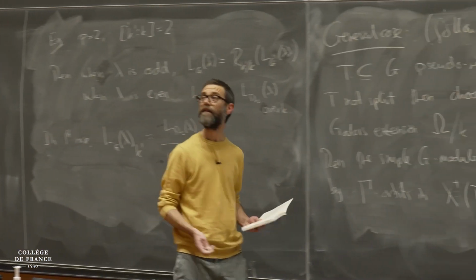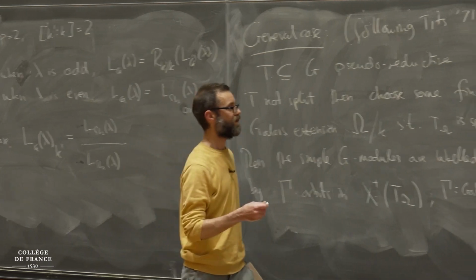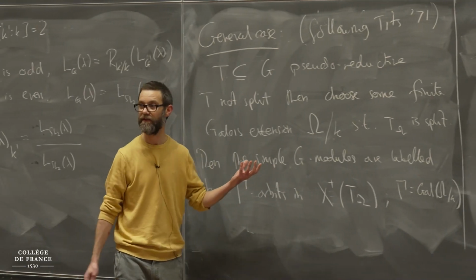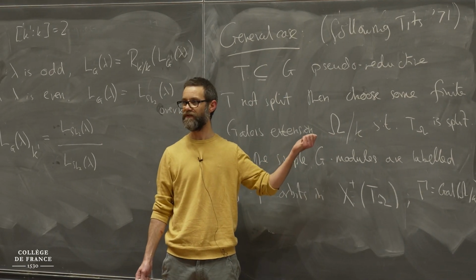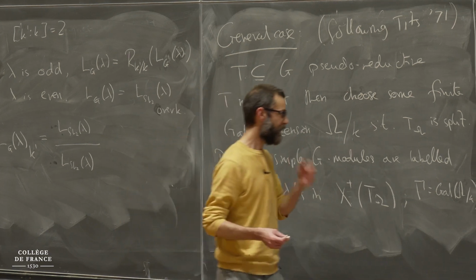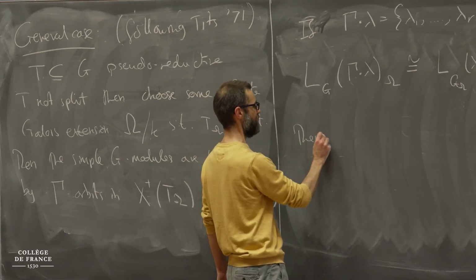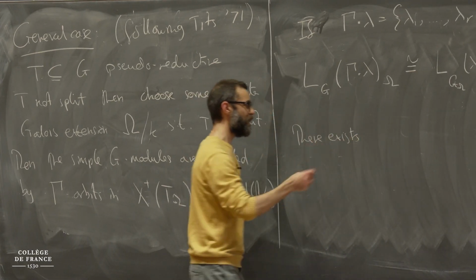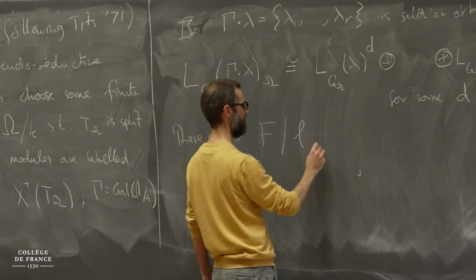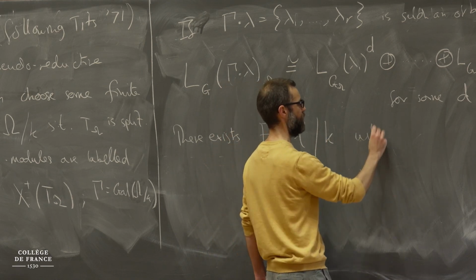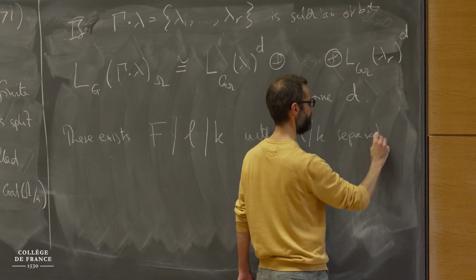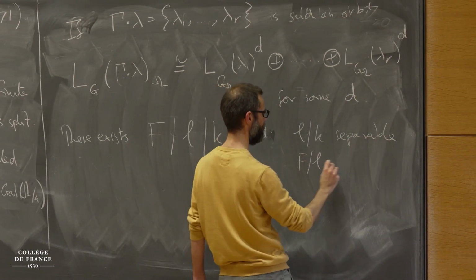And the final thing I wanted to say really is that if you're a bit more careful, so I didn't really take any care about this extension I picked. I just wanted to split the torus somehow and have a Galois group to play with. If I take a bit more care, you can actually show that there exists a nice tower of extensions. So some, let's call it F over, let's say, L over K, with L over K separable, F over L purely inseparable,